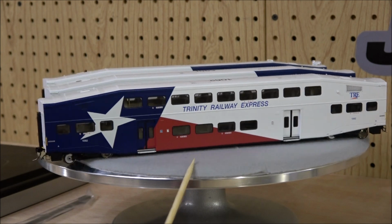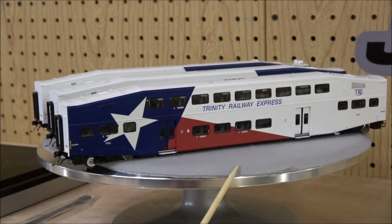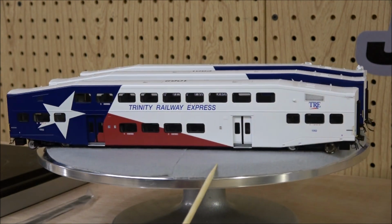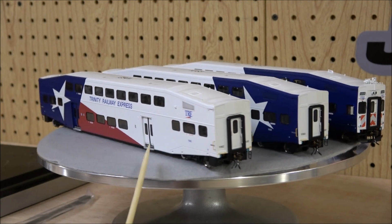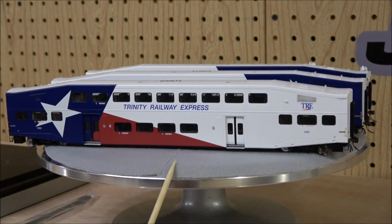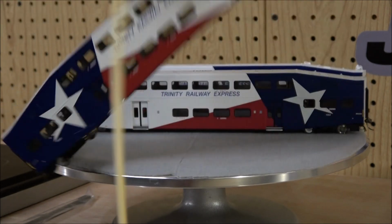There's none of the accoutrements on the end there, such as the horn, bell, lights, etc. Or antenna. It's just a plain car, a pass-through car for passenger service exclusively. Now, I will show you the top because